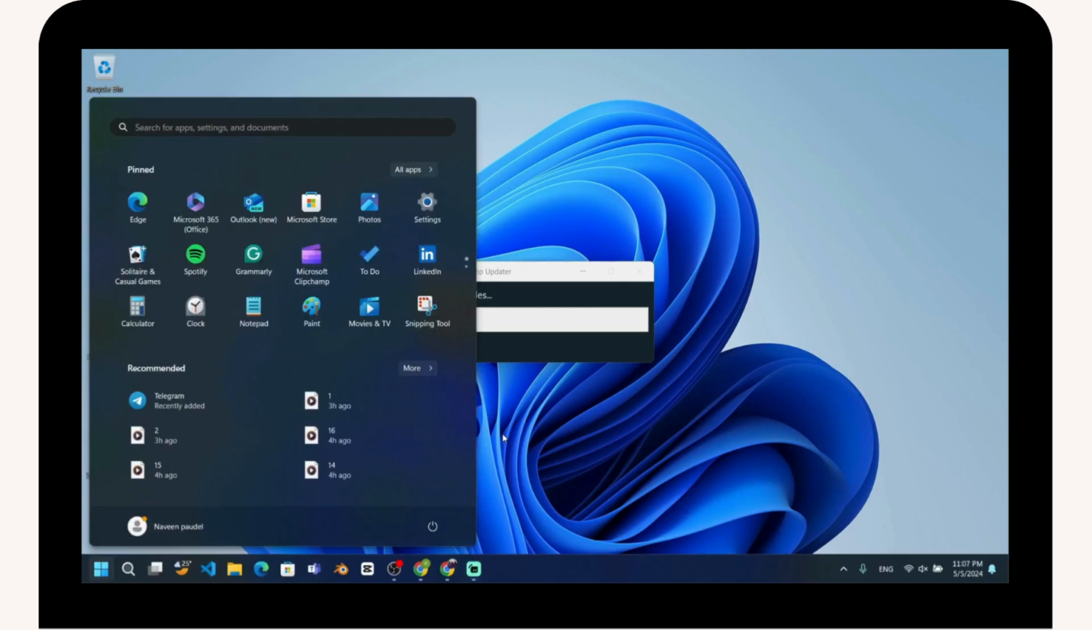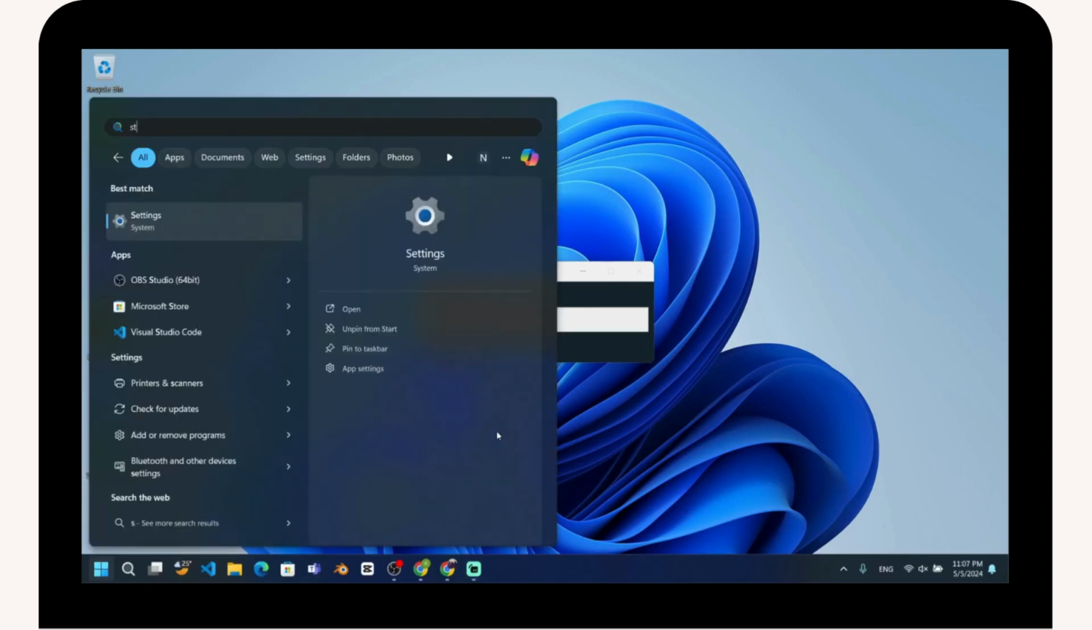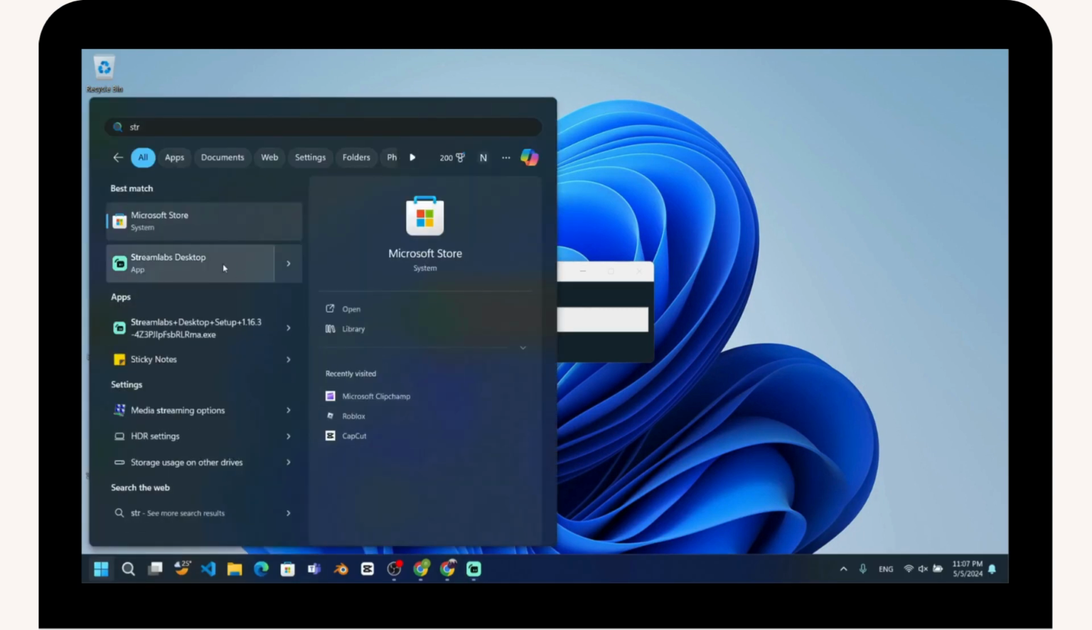Now if you go for your applications and if you search for Streamlabs desktop, then you will have the application right here. So that's it, that's how you can install the Streamlabs desktop on your PC or